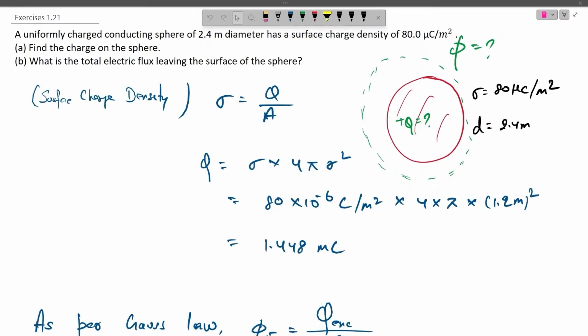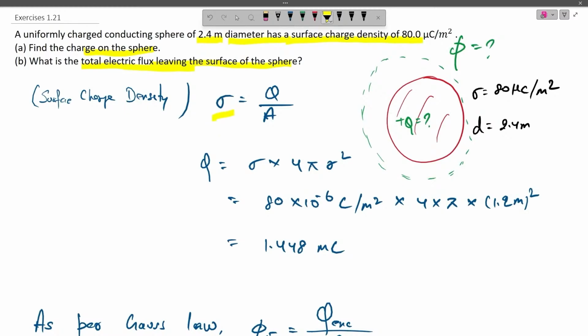The question says that a uniformly charged conducting sphere of 2.4 meter diameter has a surface charge density of 80 microcoulomb per meter square. Find the charge on the sphere. And the second question is, what is the total electric flux leaving the surface of the sphere? So by definition of surface charge density, we know that surface charge density sigma is defined as total charge divided